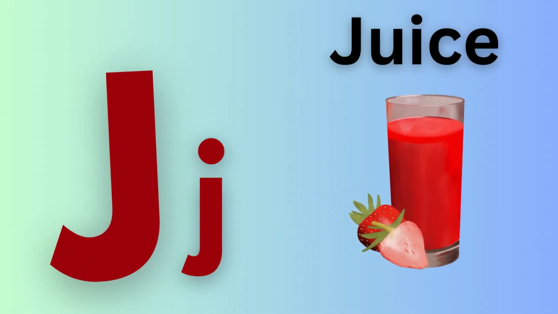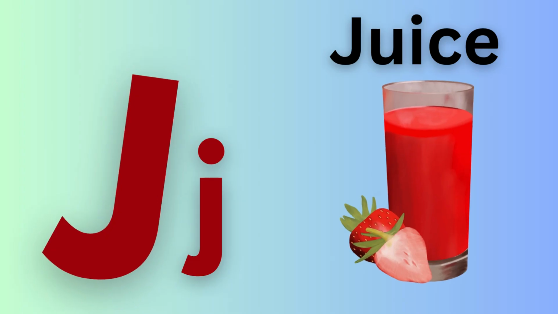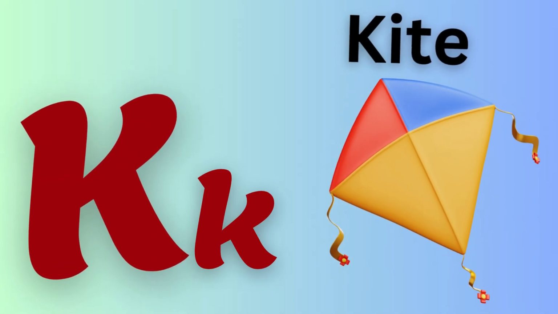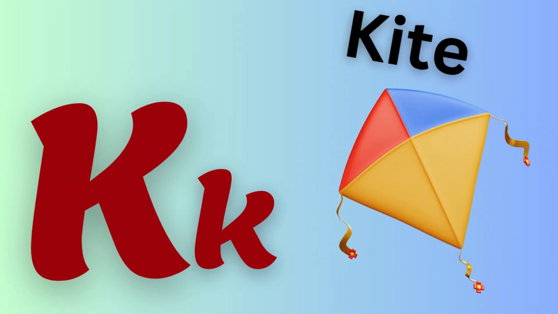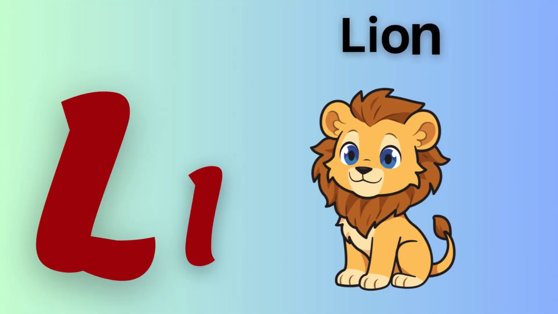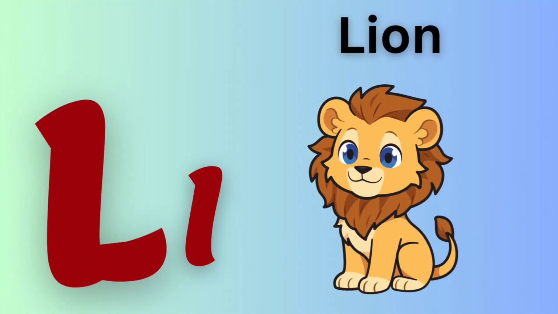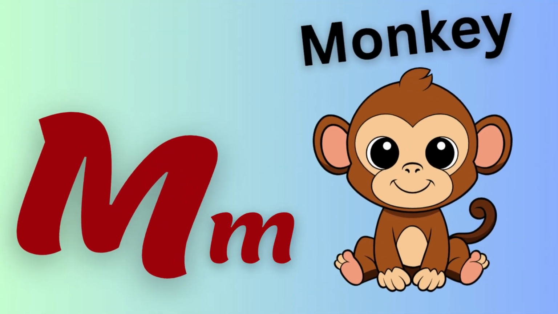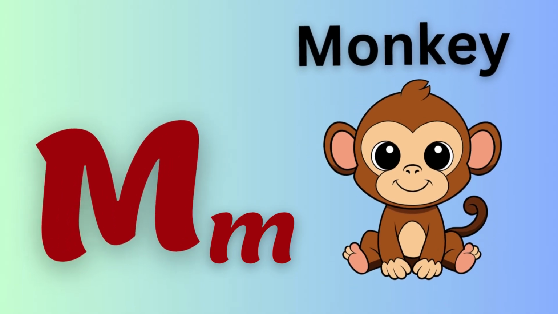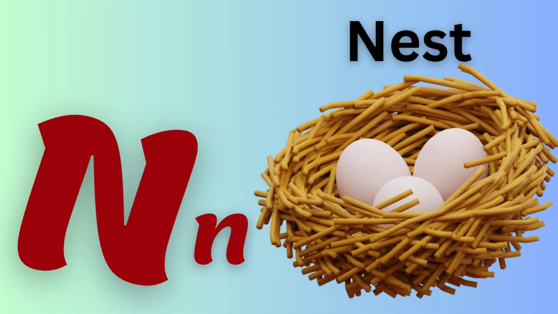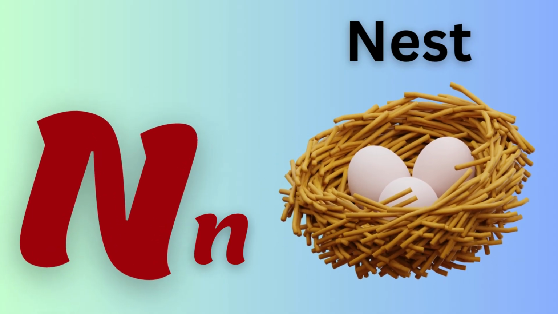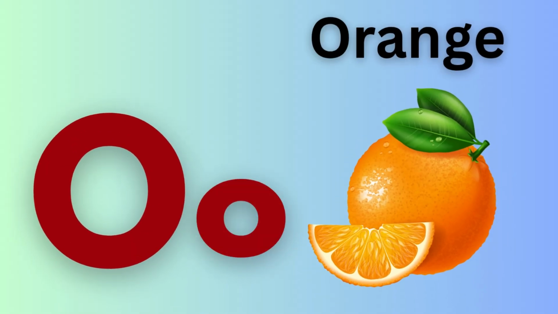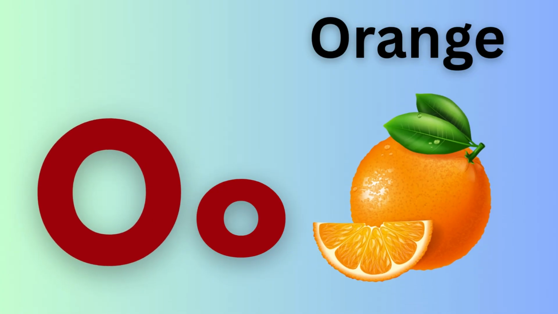J for juice. J, juice. K for kite. K, kite. L for lion. L, lion. M for monkey. M, monkey. N for nest. N, nest. O for orange. O,